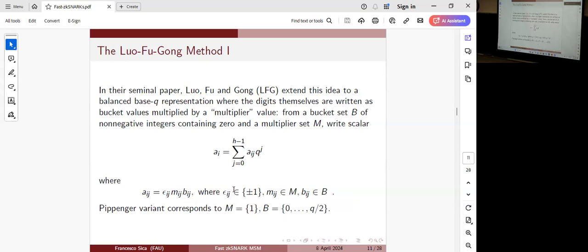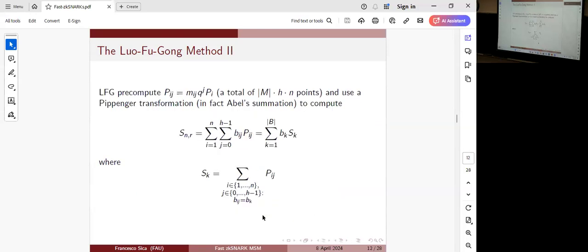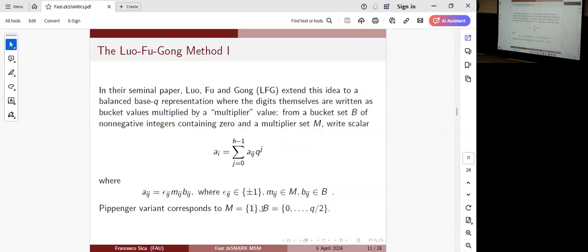In the case of the Pippenger variant, this multiplier was just one, and the bucket was everything. But in the Luo-Fu-Gong method, they allow m to be a bit larger and consequently decrease the value of the bucket. What they pre-compute is then m_ij, q^j, P_i. So you have to pre-compute more points,